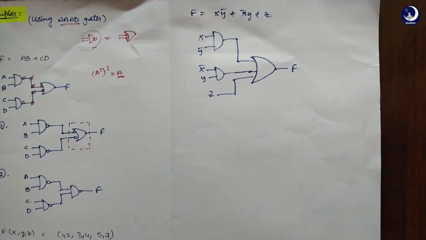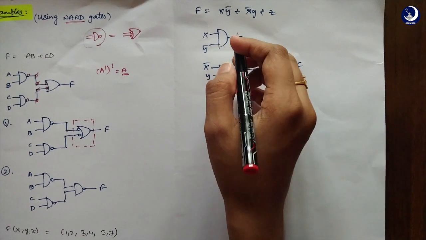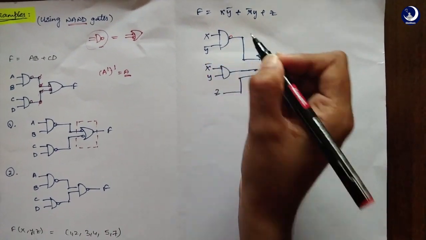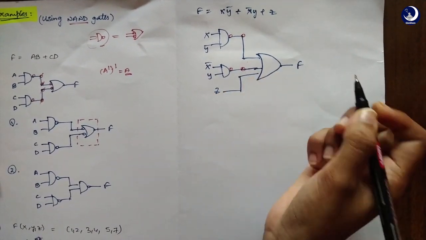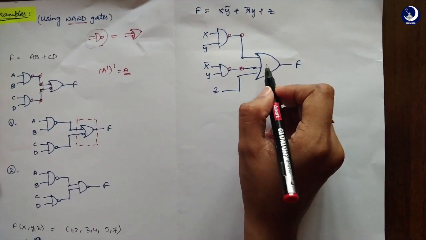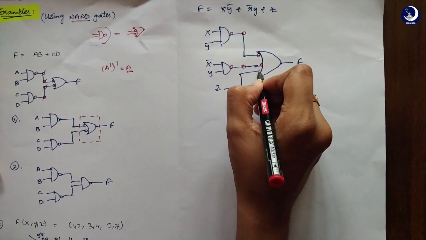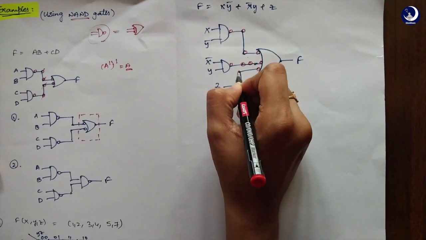Now, all you need to do is start bubbling. How do you do that? Consider the NAND gates first of all. So this is an AND gate and this is an AND gate. So here goes a bubble, here goes a bubble. In order to complement it, there's a bubble here, there's a bubble here. Now, in case of an OR gate, you need to place the bubble in front of it. So a bubble here, and a bubble here. In order to complement this again, a bubble goes here, a bubble goes here, and a bubble goes here also.